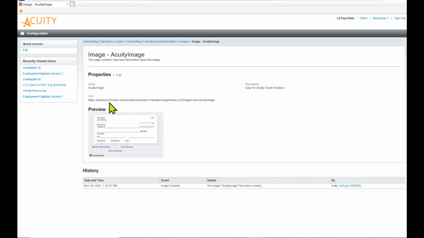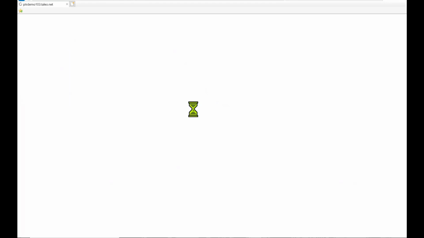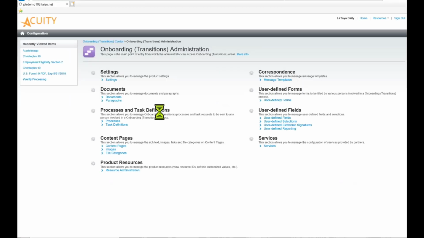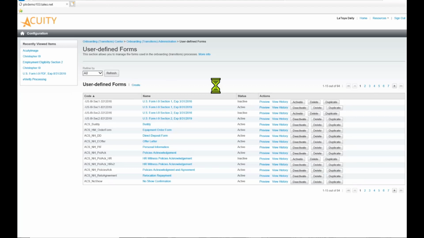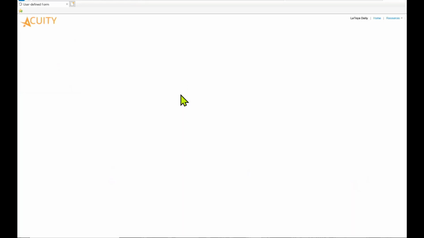Now, to use this image, you're going to want to copy the image URL to be then used in your content pieces. So what I would do is I'm going to go back to administration. Under user-defined forms, I'm going to now use this image in a content item. So I'm just going to create a new item and show you how you would add in that image. So in order to add in an image that has been uploaded into the images area, you would then